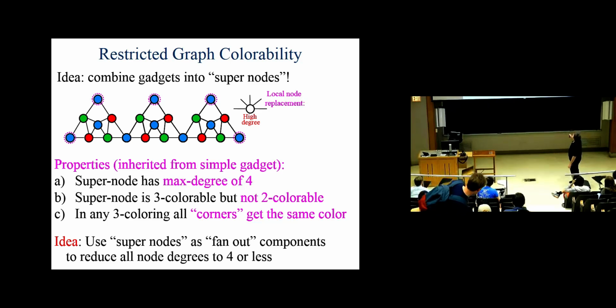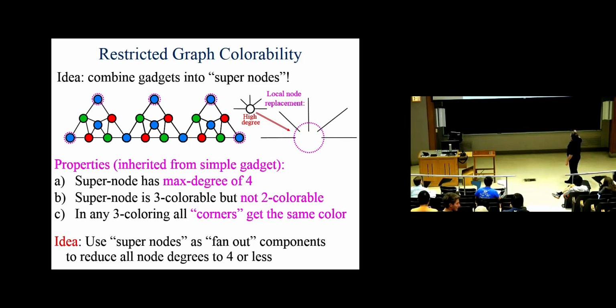So here's a replacement strategy. Let's say you have a high-degree node. In this case, high means bigger than 4, so let's say it's 5. So we're going to take this node of degree 5, and there's lots of other nodes around. I'm just focusing on this particular node of degree 5. Here are all the 5 edges that come into this node, but now I'm going to remove that node and replace it with this gadget. So here's the gadget here, replacing that original node just like that. It's a local replacement strategy. And what I'm going to do is connect these 5 incoming nodes to the tips, to the corners of this